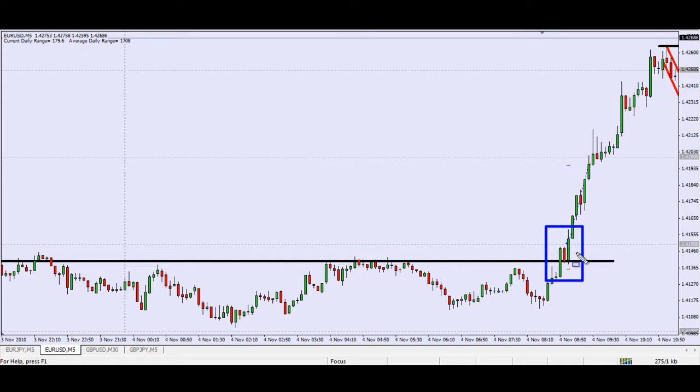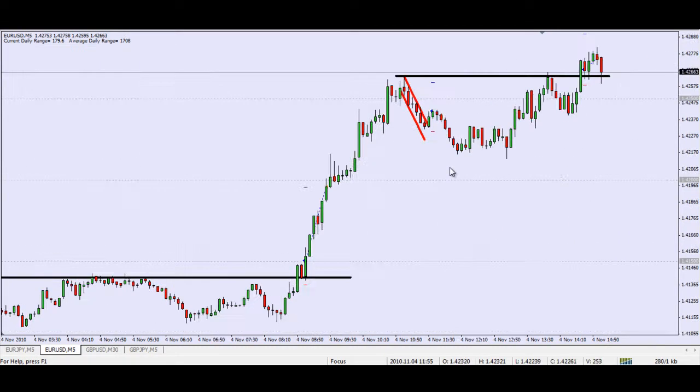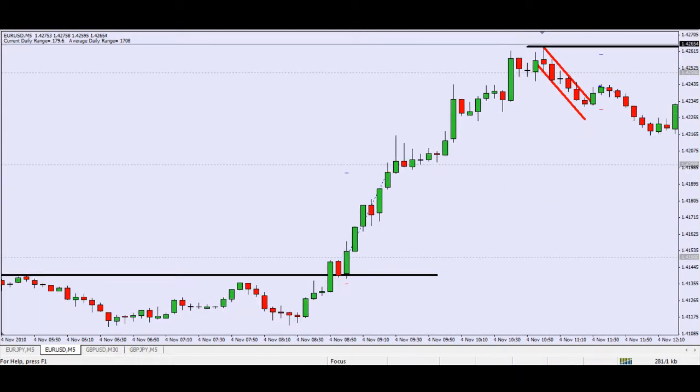Now, what tends to happen is the London traders tend to fool traders into thinking that the market can potentially go one way, and then they'll reverse price and go the other way just to trap traders and obviously provide liquidity in the market. So with this type of trade, especially around the London open time, what I like to do is be very wary of this, and I like to have extra confirmation of my trade,